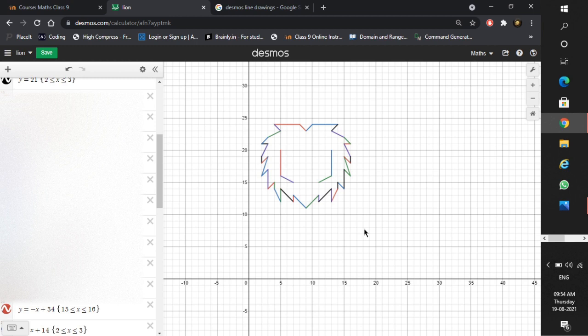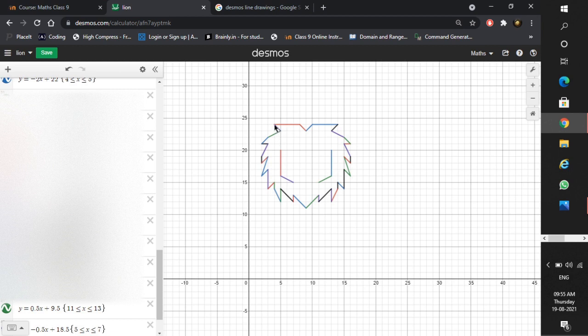I've also started line drawing on Desmos. Just want to help you out with a few of the things. See here, you can see it's a horizontal line, and it's both of them. So these can be easily made because they are passing through y equals 24. On this line, y is equal to 24 all around. So whenever you have to make it, it's quite simple.